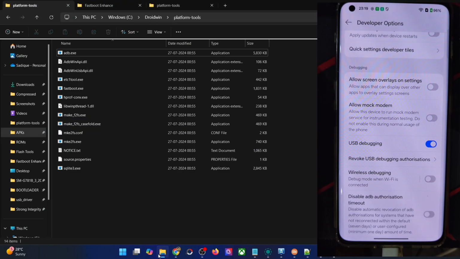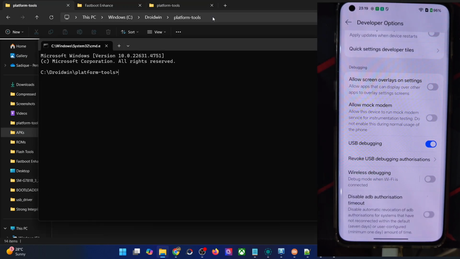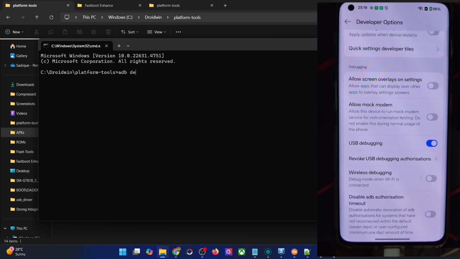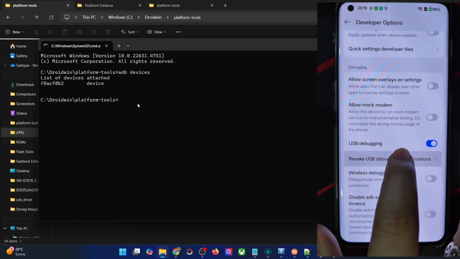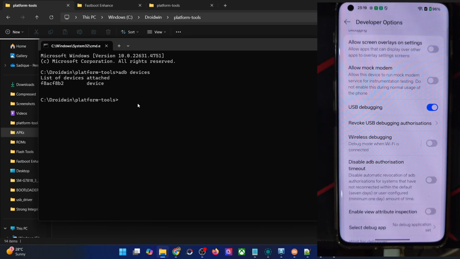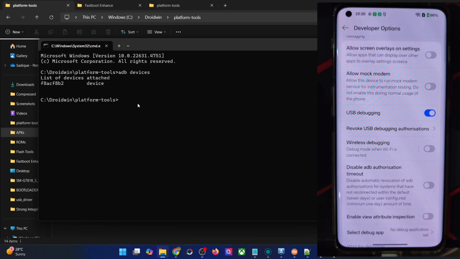Let's verify the same. So go to the address bar of platform tools, type in CMD, hit enter. This will launch command prompt inside the platform tools directory. Now type in ADB devices and verify that you are getting a serial ID. If you are not getting any ID, then unplug and replug your phone from the PC. Disable and re-enable USB debugging. Tap on revoke USB debugging. Use the official USB cable that came with your phone and use the USB 2.0 port on your PC. So carry out these USB fixes and make sure that you're getting an ID.